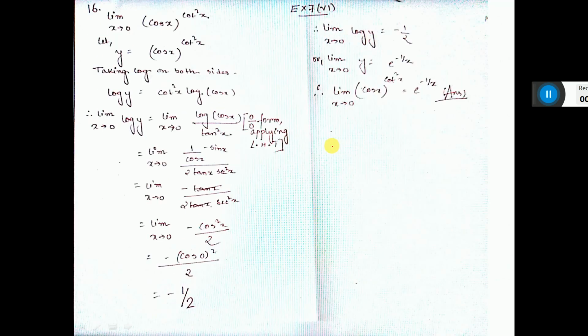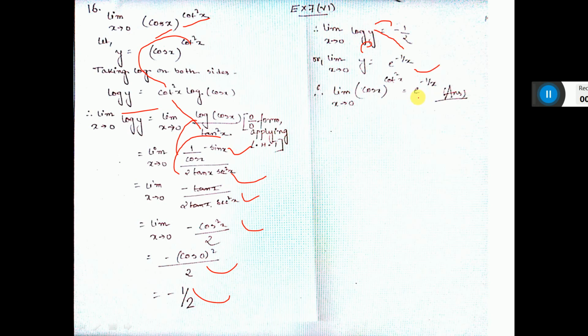This one you do. This one is the same thing. You consider this equal to y, then take logarithm, cot will jump here, cot means 1 by tan, it is 0 by 0 form, so differentiate. Log means 1 by x into sin cos differentiation minus sin, this tan squared, that is 2 tan x into tan differentiation of x squared, then simplify, then put x equal to 0, it is coming this. Now here base is e, so e to the power minus half, this will come front, y will go there, so y equals e to the power minus half. So that is the answer.